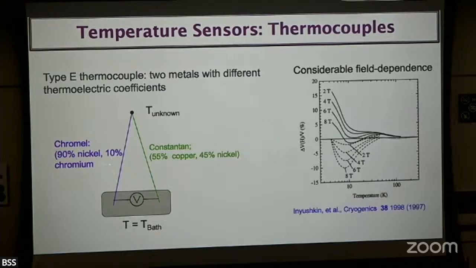Also, you can guess from the 90% and 10% chromium that this thing has a very strong magnetic field dependence, as shown here. You can see multiple curves. These are two different calibrated thermocouples, this one and this one. That's exactly the same NIST calibrated thermocouple, but they have very different dependence. So often people using the thermocouple, like the Shelbrook group, calibrate at fixed field and then calibrate along the temperature, just using that calibration, and then do all the different fields using the calibration. So the calibration is very important.